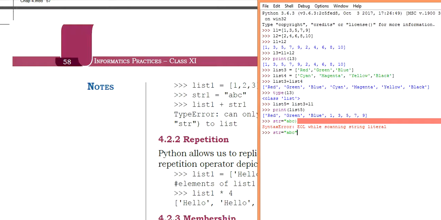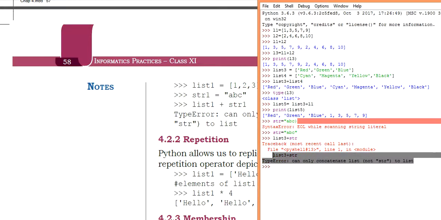Now if I want to concatenate list 3 plus str, then it will show me the type error. So see, this is the type error. Here it is okay because these are two lists. This is also a list, this is also a list, so it will not give an error. Elements can be different. Okay, so this is about these data types.